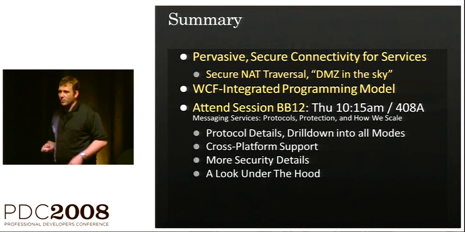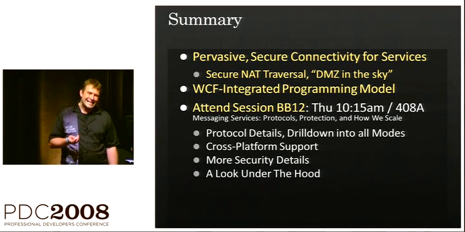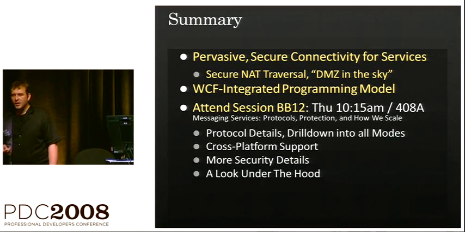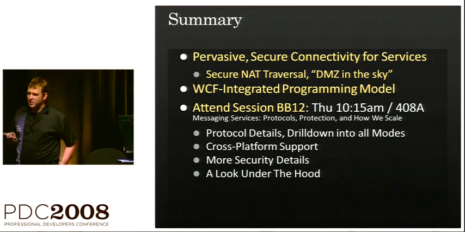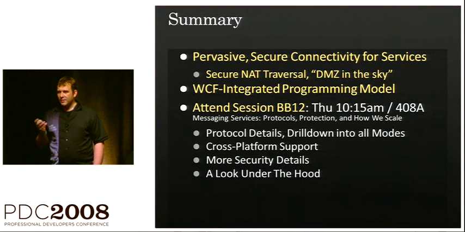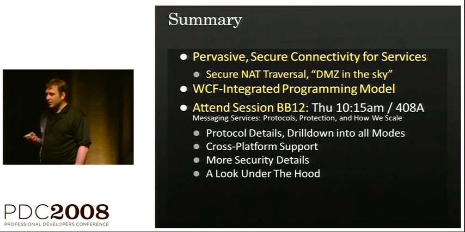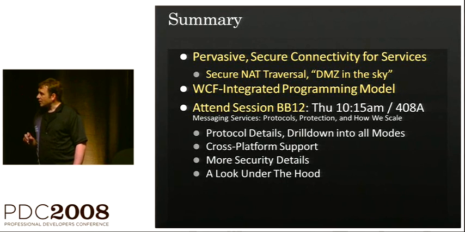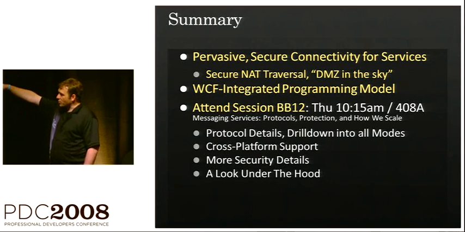In my session tomorrow, I'm going to show you a way how we make that a tiny little bit difficult to defend against for two particular modes, where we can actually do HTTP polling for one-way and relay. And that's also what the Java samples that we have and the Ruby samples that we have, and the Ruby SDK and the Java SDK that are being developed by our interoperability team with their partners, that's what they're using. So I'm going to talk about more protocol details.